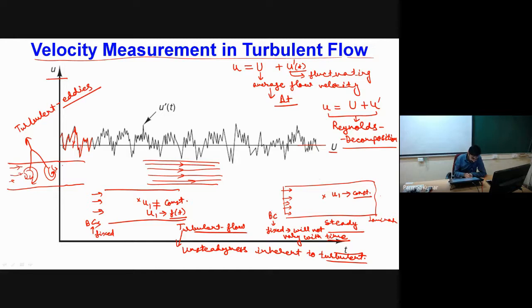While visualizing any turbulent flow situation, we will be able to observe that some of the turbulent eddies are very large, of the size of your pipe. The length scale of these turbulent eddies is of the order of the diameter of the pipe. Some of the eddies may be very, very small and very localized, and some will have an intermediate size in between the large eddies and the small eddies.